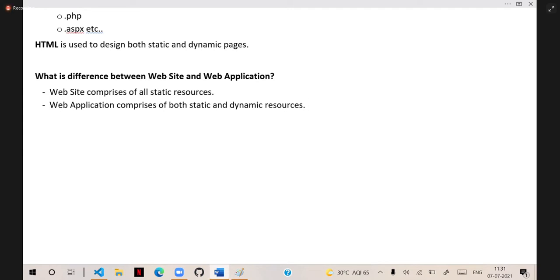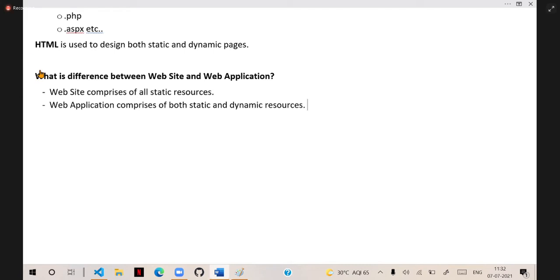we cannot see only websites, because the majority of people are building web applications. Even a simple searching, filtering, sorting option, or login and registration options, then it is not called a website anymore. We call it a web application. So on the internet, we have both websites and web applications, and we are going to learn both.